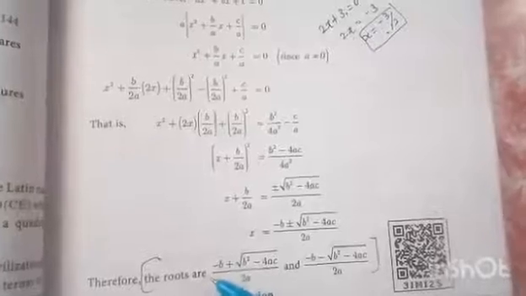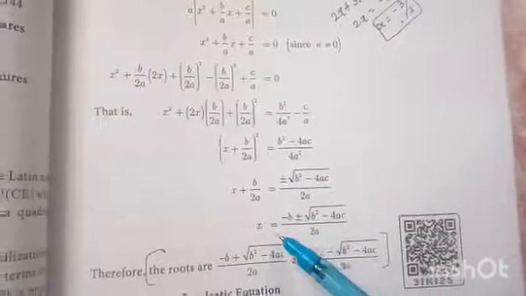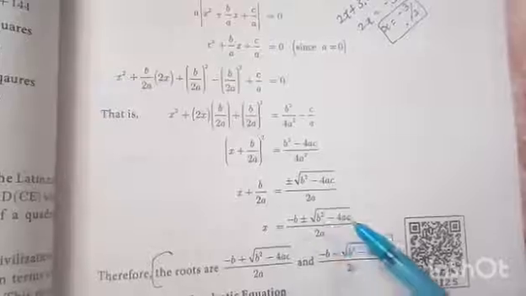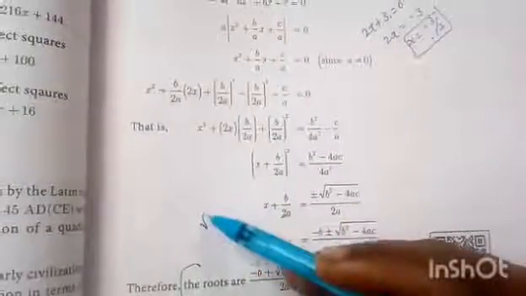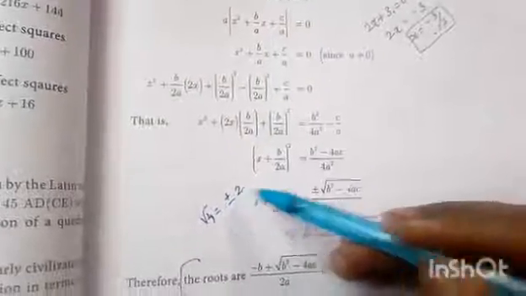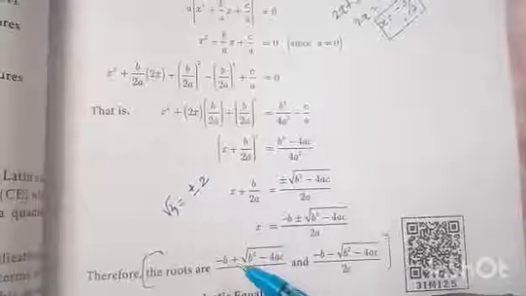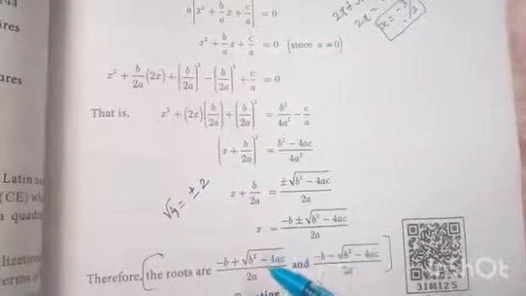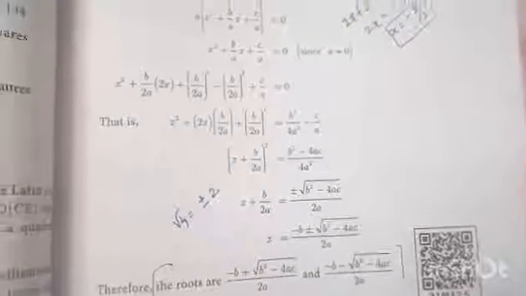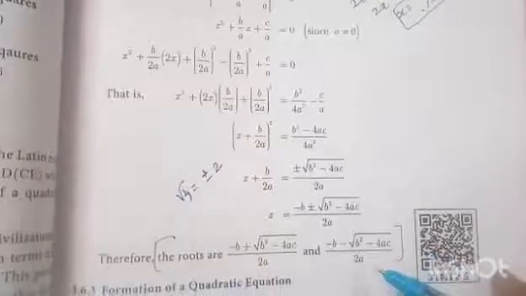Now the explanations are not needed; we just have to listen, as it is the definition of roots of an equation. A quadratic equation has two roots. For any square number we get two roots, one positive and another negative. For example, the roots of 4 are plus or minus 2. So for the general form of the quadratic equation we get two roots: minus b plus square root of b square minus 4ac by 2a, and minus b minus square root of b square minus 4ac by 2a.